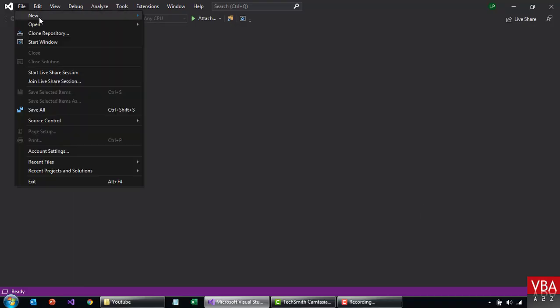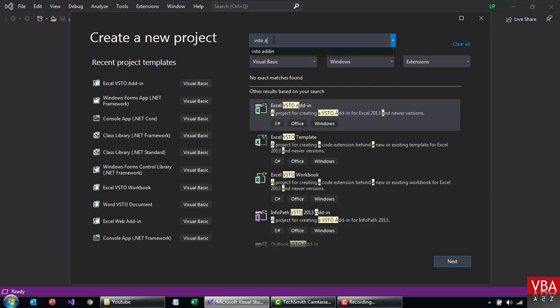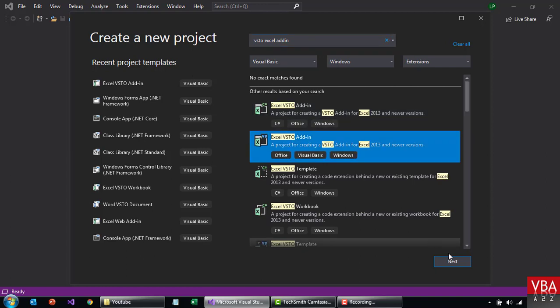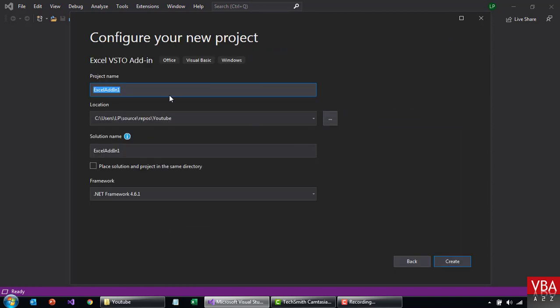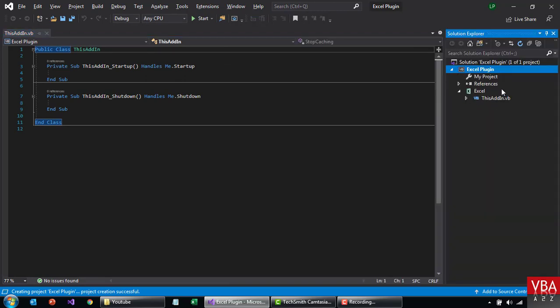Let's go ahead and create a new project. Search for VSTO Excel add-ins there for me, and we'll be using Visual Basic. And then here you can put any name you want. I'll name this Excel plugin. This is the directory it's gonna save to, and this is the solution name. This is the framework you will be targeting. Okay, click on create. So if you don't see the Solution Explorer, Control Alt L, and then here is our